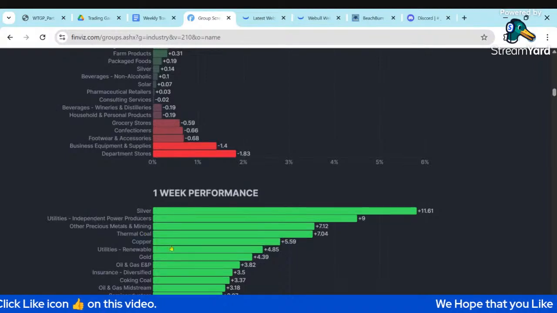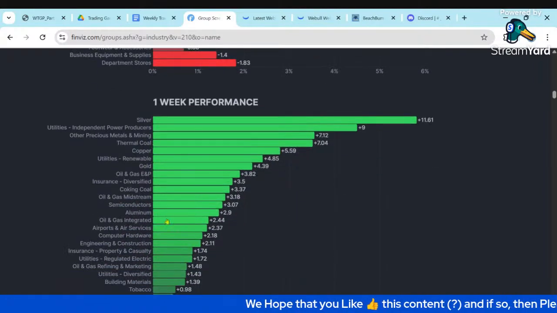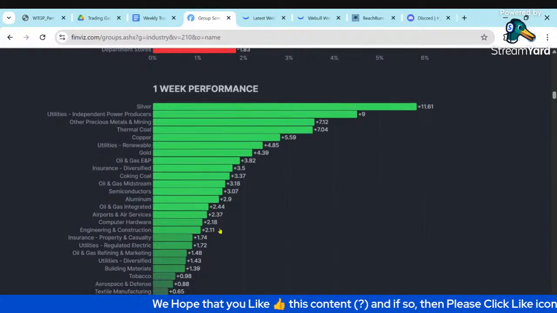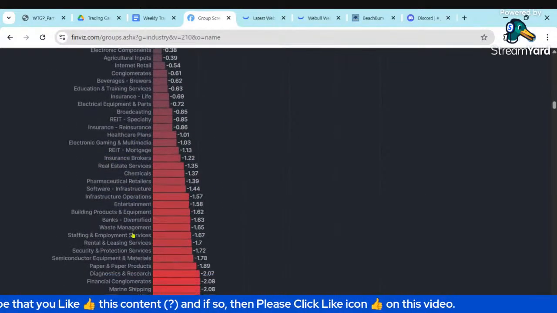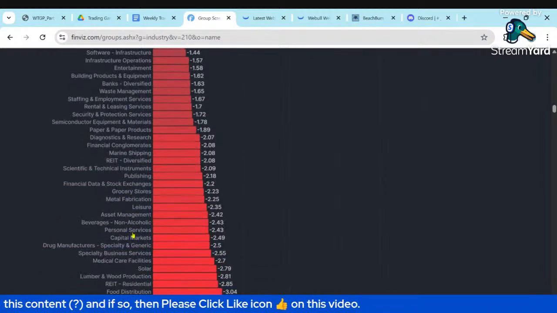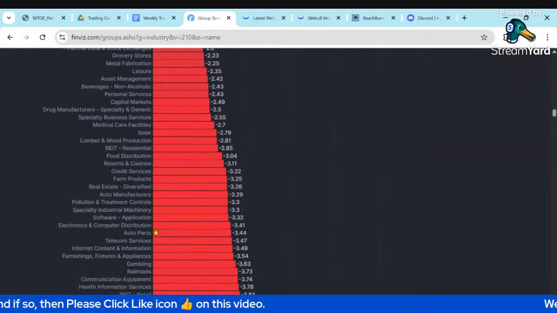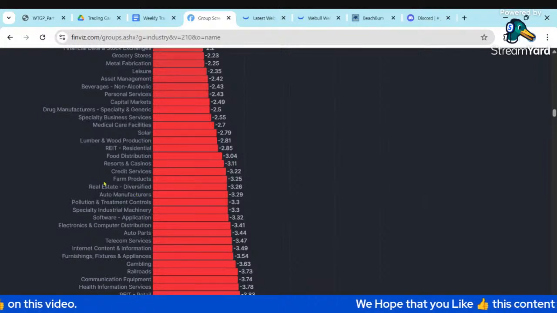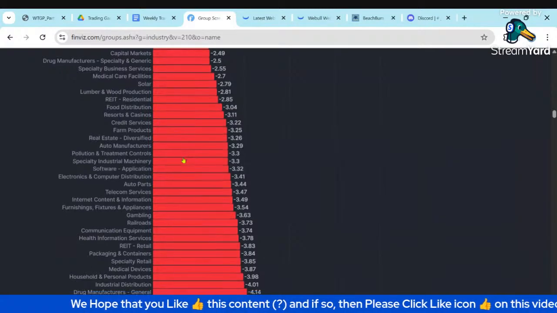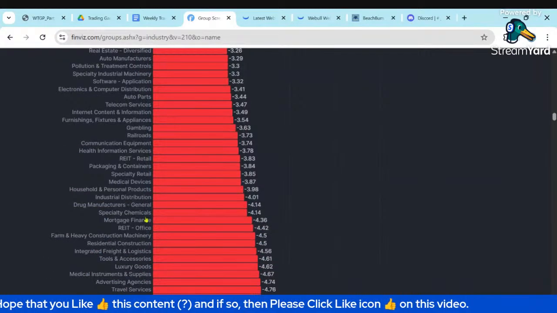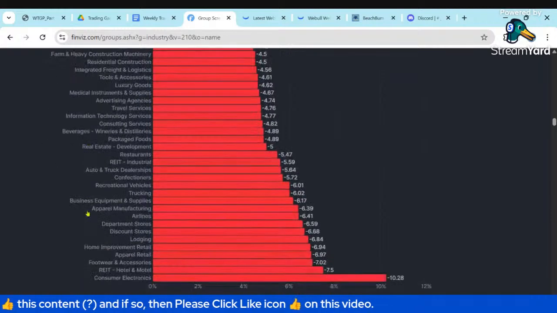For the week, basic materials strong, silver strong, copper, gold, oil, aluminum. Semiconductors did have a rebound. A lot of the REITs were weak, however. Solar pretty weak. Farm products, talk about a lot of bankruptcies, distressed farmland in Nebraska, etc. Probably driven by tariff concerns. High rates, REITs mostly negative.